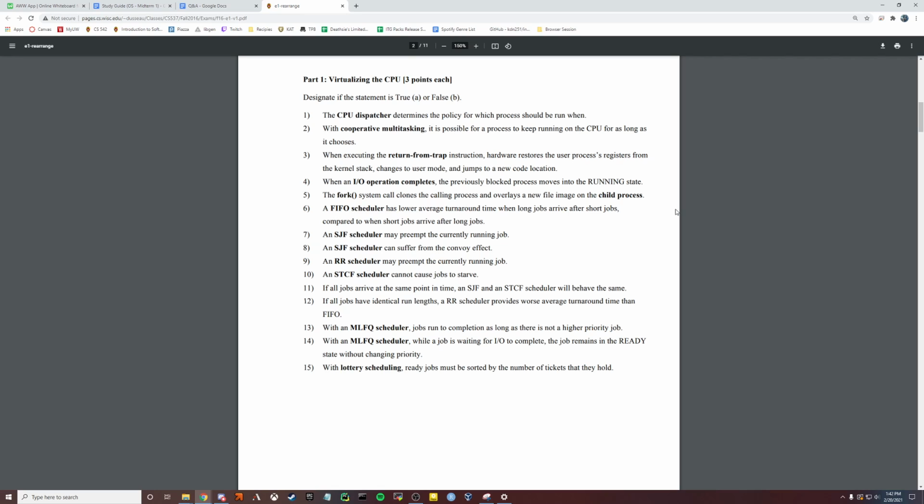Not based on any kind of policy or system call made by the thing. It's simply some atomic clock goes off and then the OS automatically seizes control. A timer interrupt doesn't sound like a return from trap instruction, so